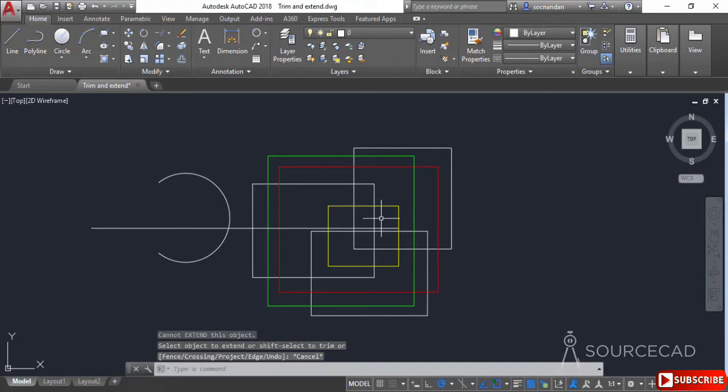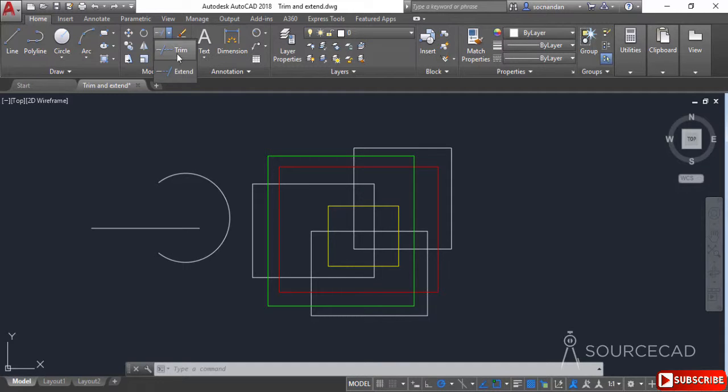So let's press Escape key and Control Z a couple of times. The trim and extend tool can be used using a single command also. So in the previous case, we saw that we can toggle this trim and extend tool from the flyout, but you can select the trim tool and use it for extending the object. So right now you can see that I've selected the trim tool, but now I'll press enter,